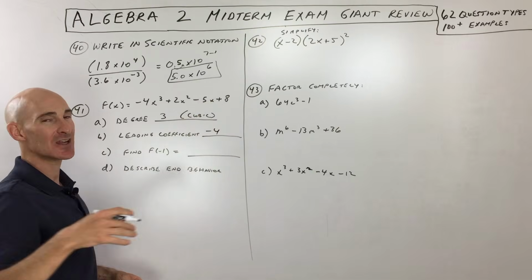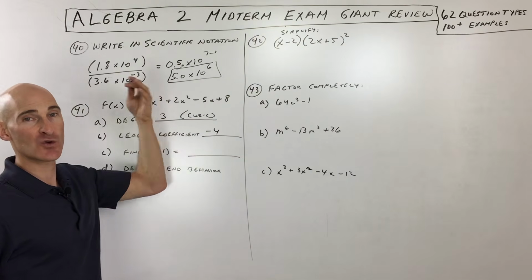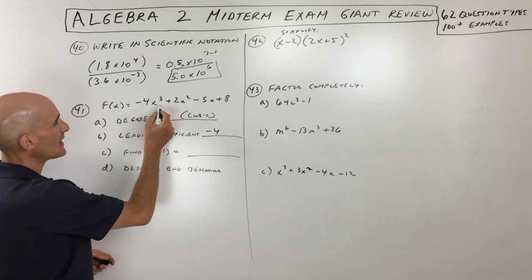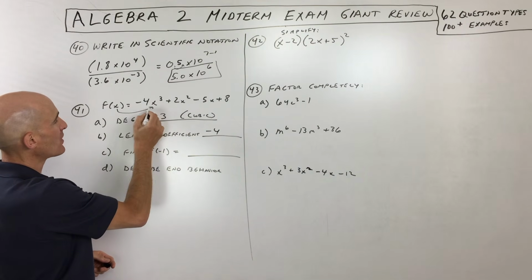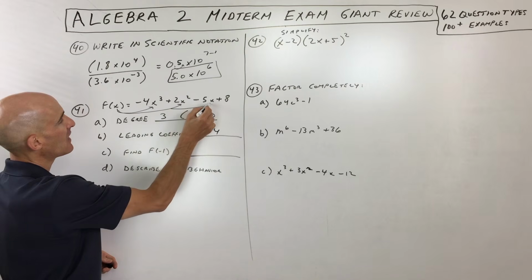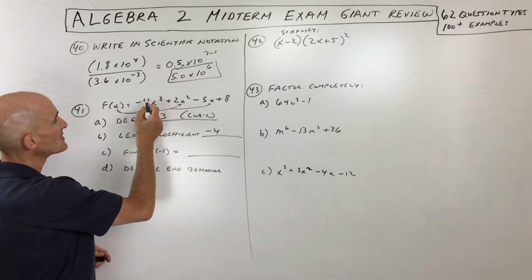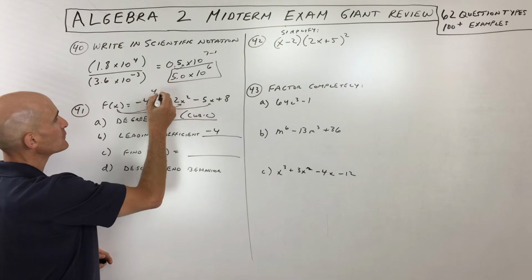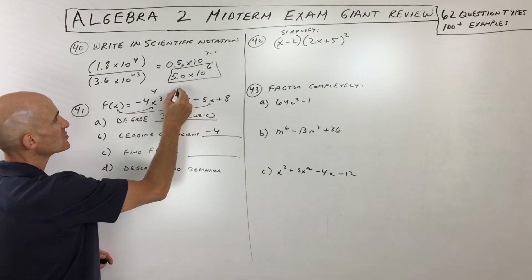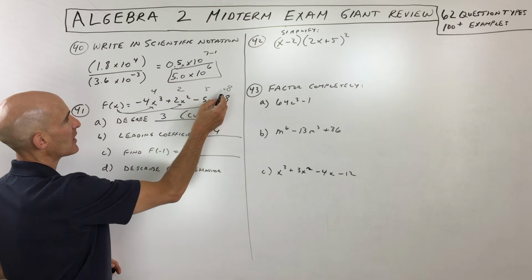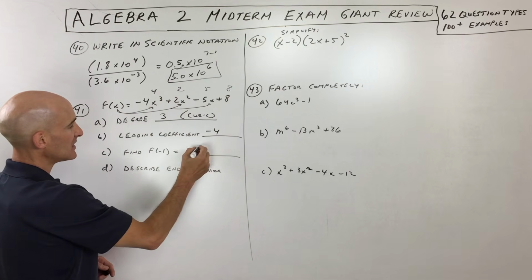So when you write it in descending order, that first one, that leading coefficient, that one on the left, that's the one we're looking for. And then f of negative 1 means we're putting negative 1 in for x, whatever's in the parentheses here, we put that in for x on the right and we simplify. So if we put negative 1 in, negative 1 cubed is negative 1 times negative 4 is positive 4. Negative 1 squared is 1 times 2 is 2. Negative 1 times negative 5 is positive 5, and 8. So if we add all that together, we get 19.